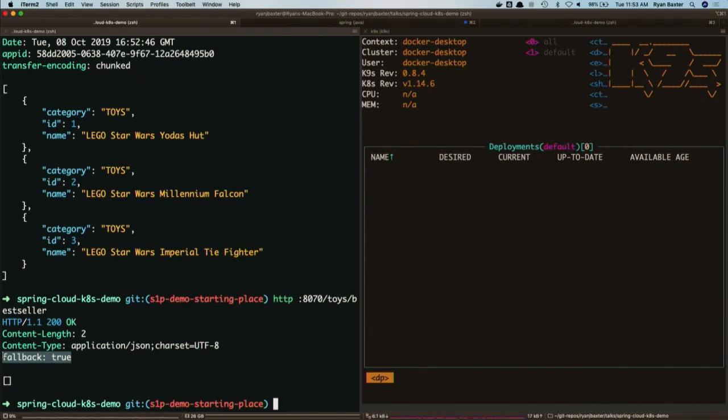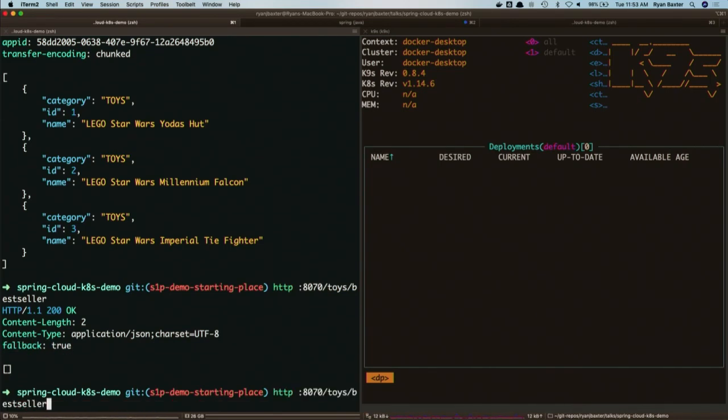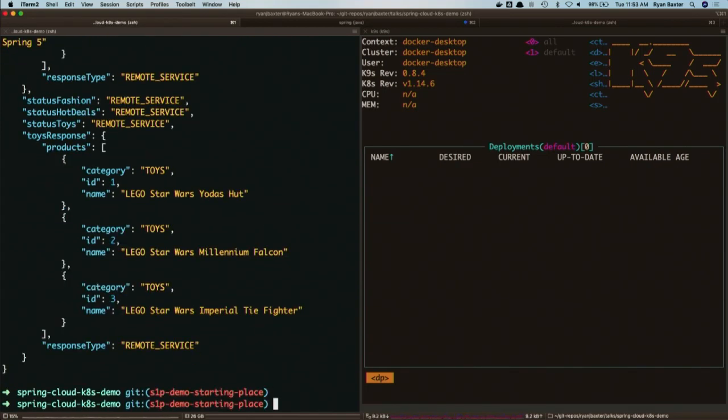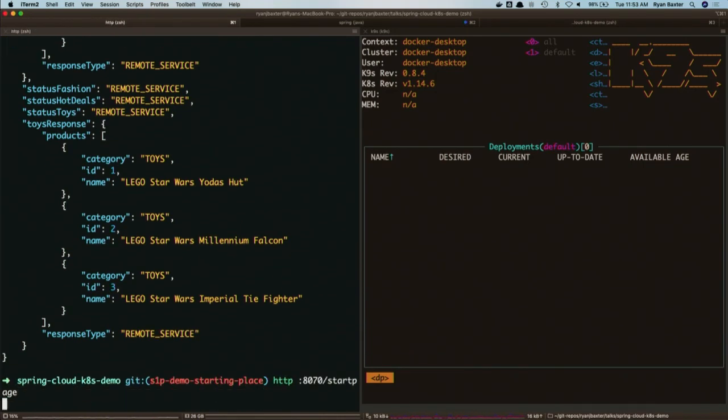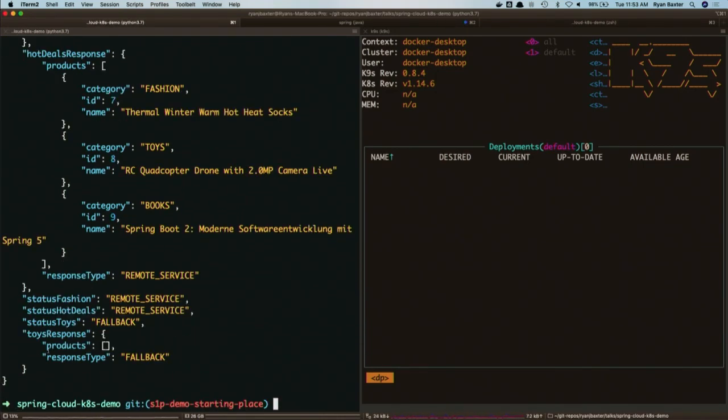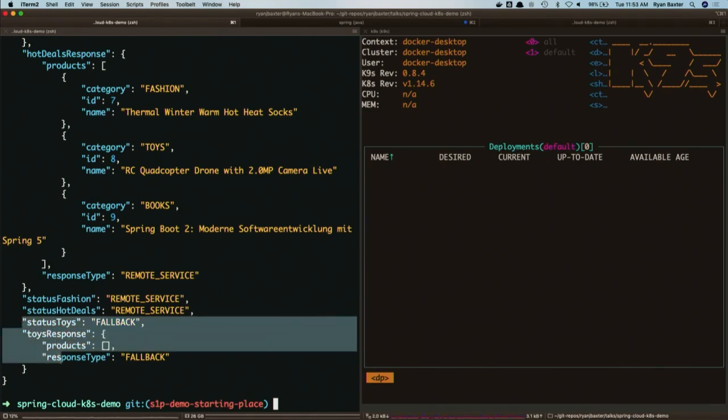Now what this looks like when you hit the start page is, you'll see here, okay, so there it got tripped, right? So we get this status response in the start page telling us that we hit the fallback, and we get the fallback data and all that stuff, right? So that's basically how the apps work. Anyone have any questions about that before we move on to the next part? All right, cool. You guys are all very smart.